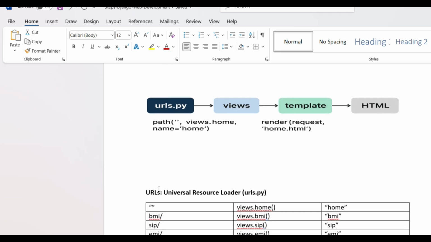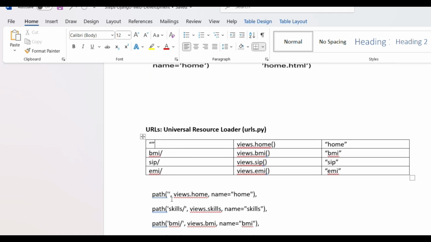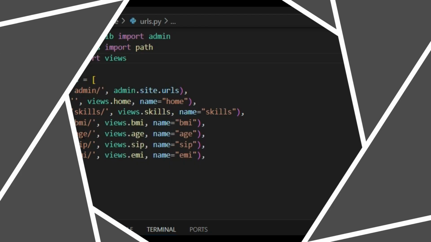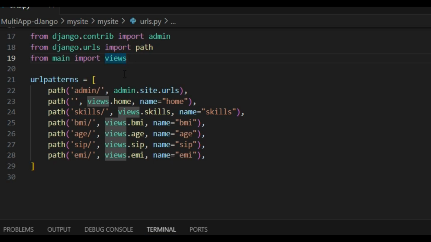What is meant by URL? Universal resource locator. So there is a urls.py. We fill it by calling the corresponding method which we have to complete inside the views. Views will be available in the app, and these are the URL patterns we have to write over here, and their alias names we have to mention. How will this be? It will be like this. Okay, now I will open urls.py. Before that we have to implement views.py.